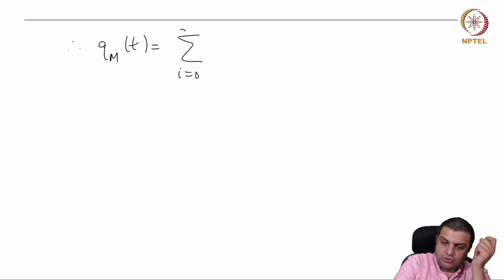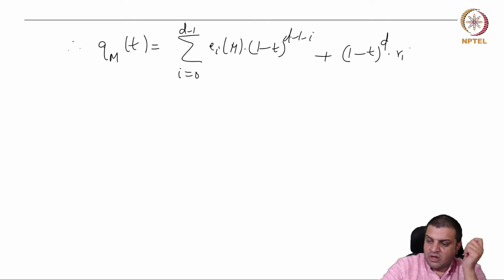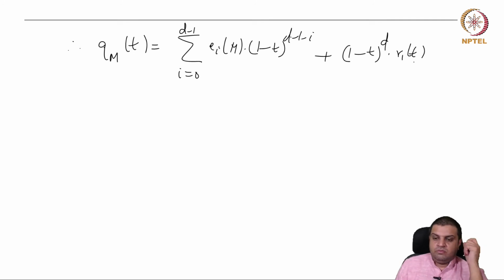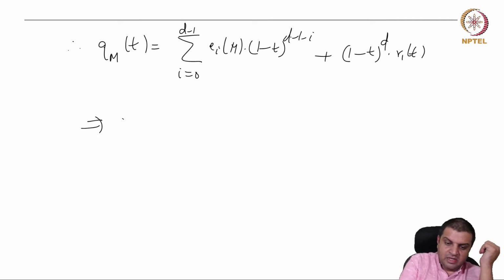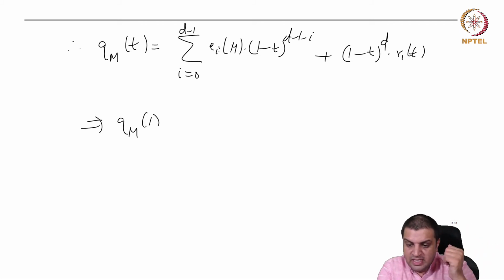I goes from 0 through d minus 1, E_I of m times (1 minus t)^(d minus 1 minus I) plus (1 minus t)^d times R1 of t. That's how the numerators would look like. And this now implies that Qm of 1, all of these terms involve a 1 minus t except the topmost,